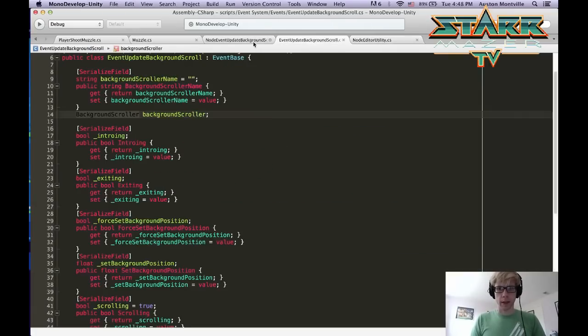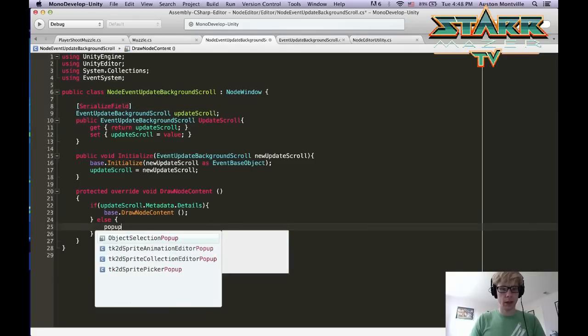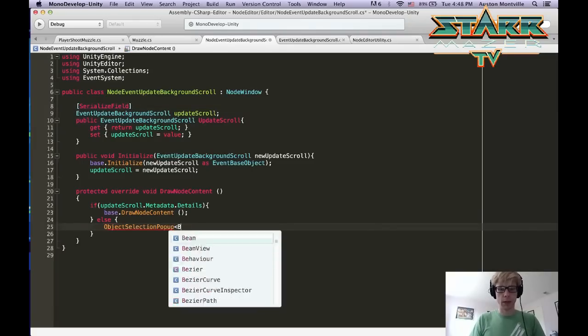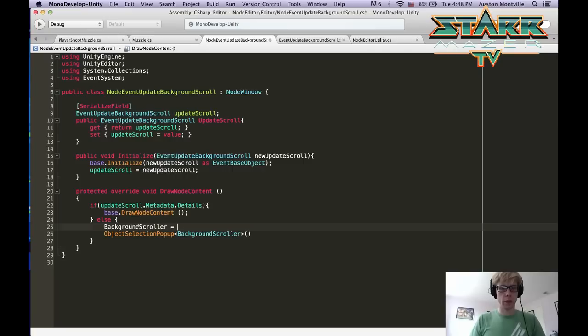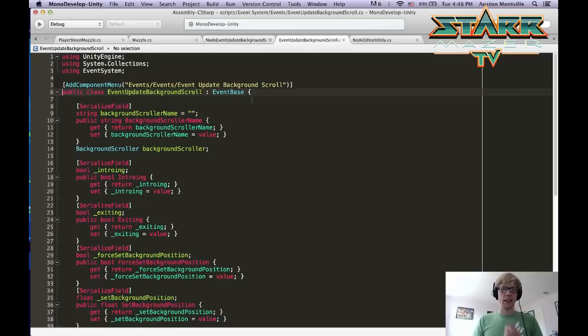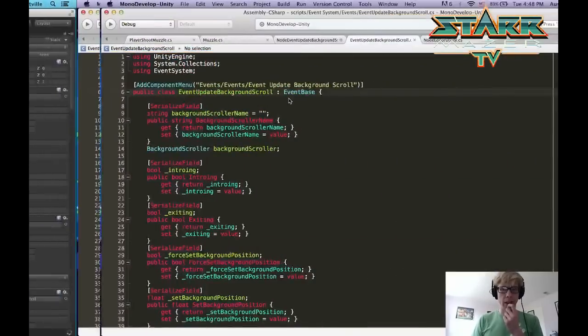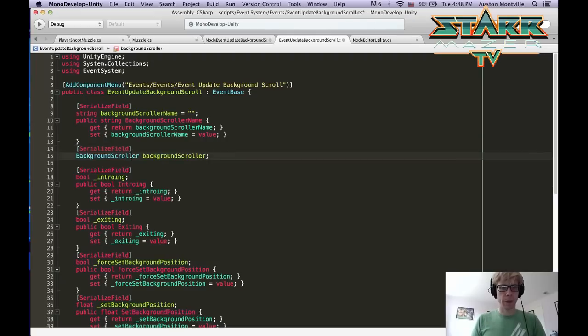Alright, that gets our list of background scroller names, which allows us to do a pop-up. Background scroller equals... I actually need to go to this thing. When I remove that name thing, I'm going to leave the name there for a moment until